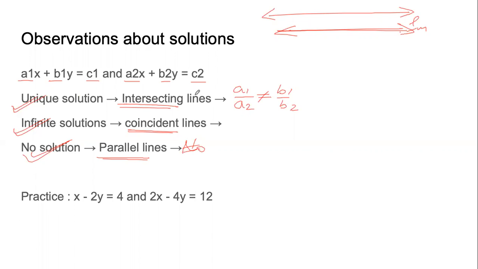So condition number one, to find out whether we will have a unique solution or not, we don't need to draw the lines. All we have to do is check the ratios, A1 by A2 and B1 by B2. If they are not equal, the lines will be intersecting and we can have one unique solution. What if A1 by A2 equals B1 by B2 equals C1 by C2? If this happens, it means that the lines are on top of each other. They are one and the same line. That means we have infinite solutions. We looked at such a question in the morning. You saw when we multiplied 3 to equation 1, we got the second equation, equation 2.